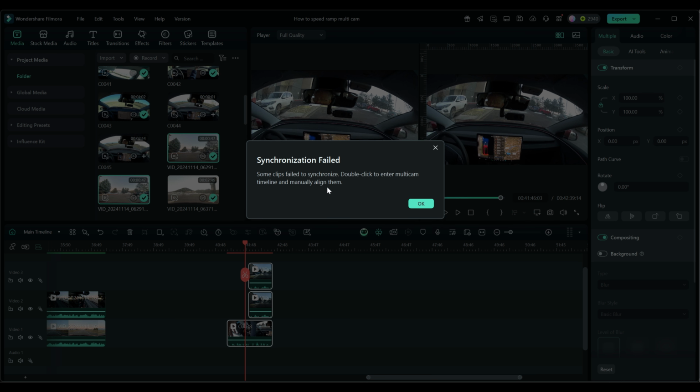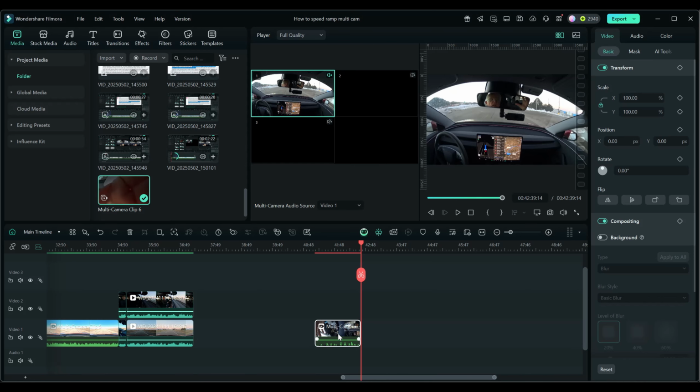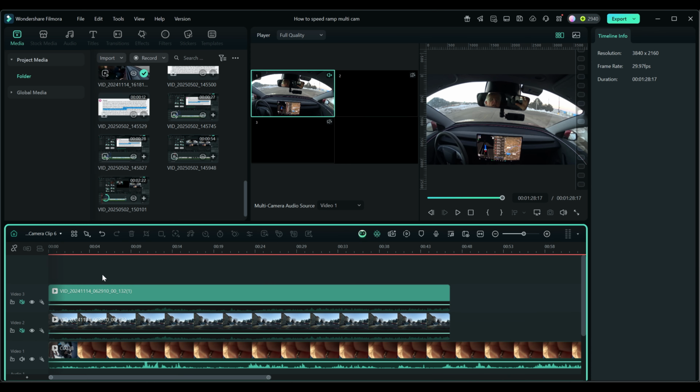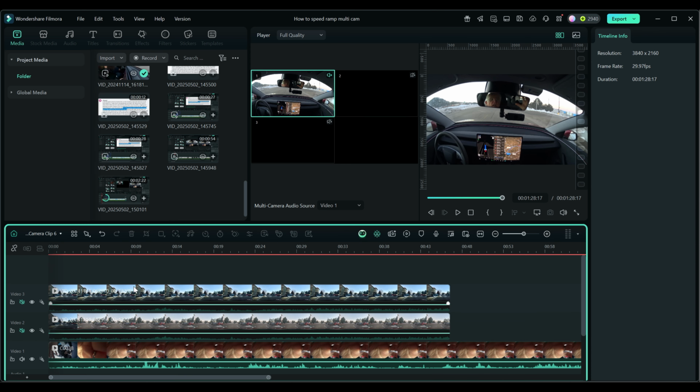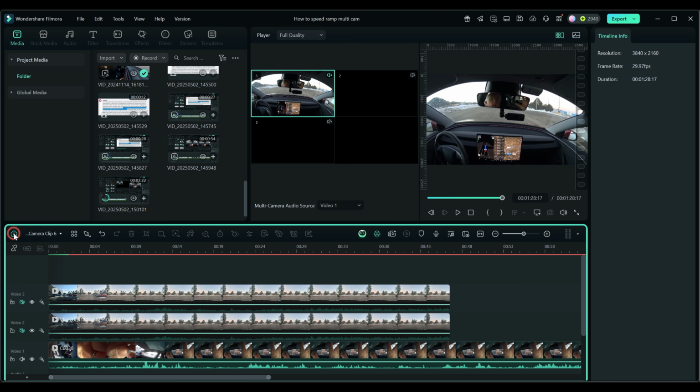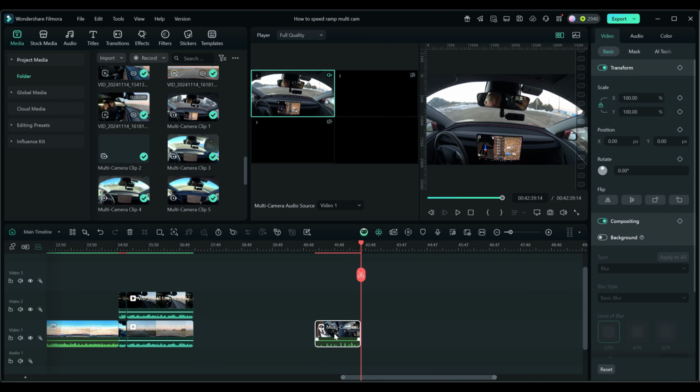Okay, so we can clearly see that our synchronization failed, even though we know that these were taken at exactly the same time. So how do we fix that? Even though it failed, the message said to go in and fix it in here. You could do that, just double click it and so forth. But we're not going to do that. We're going to try to make it work the proper way. And so let's just use Control Z